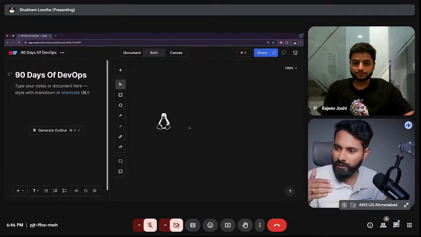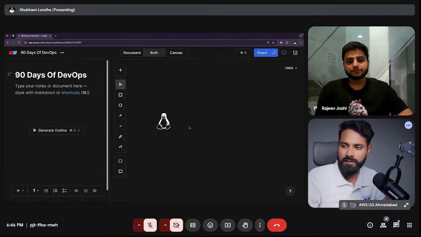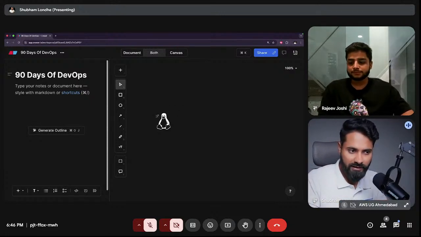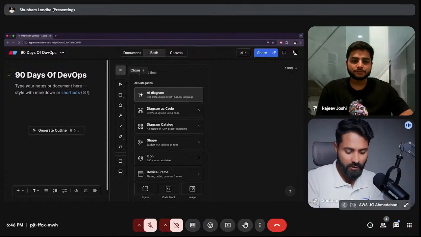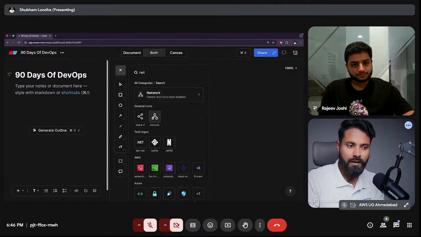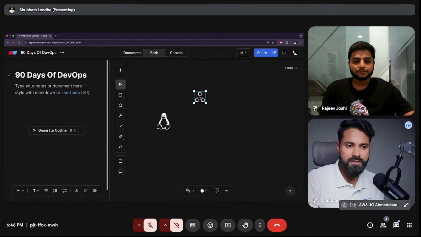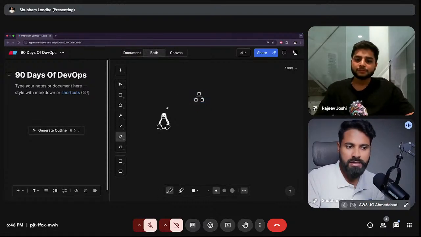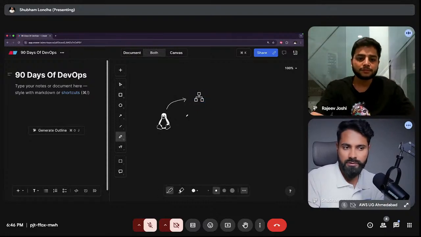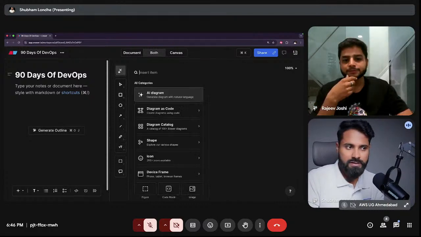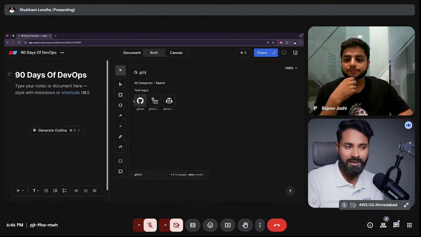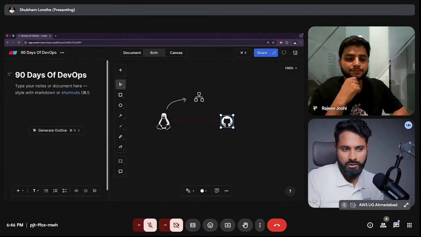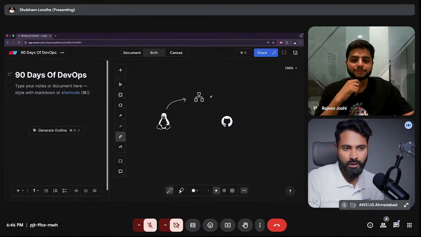So eventually you'll get there only, so why not start early? Once you start exploring Linux, you will understand how networking works, how networks, protocols, and all these things are used.